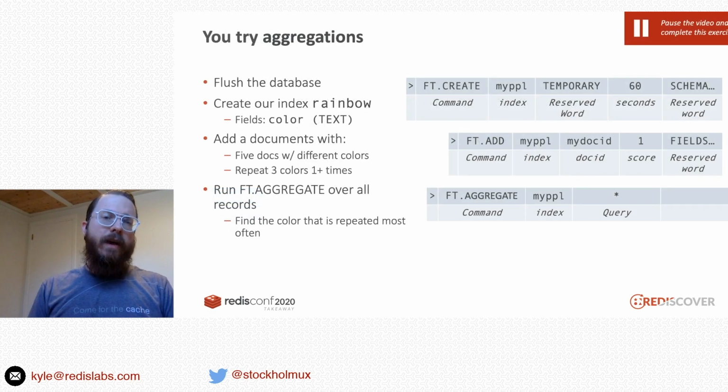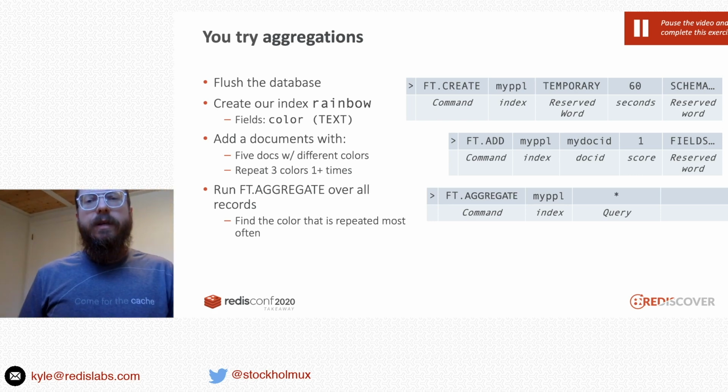Okay, so now it's time for an exercise on aggregations. As always, we're going to flush the database because we're going to be using the same kind of schema that we've done before, but this time it's going to be a little bit different. Here we're going to create a schema with one field, a color, and the name of the index will be rainbow. Then you're going to add documents, 5 documents of the different colors that you want to say. So you would just say FT.ADD rainbow, a unique document ID, a doc score, some fields here, and the only field you're going to be doing is color, and that maybe